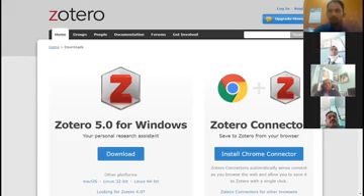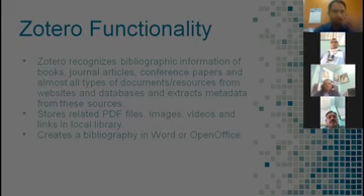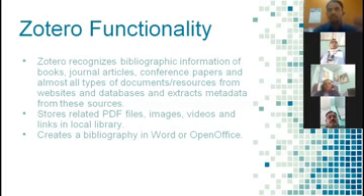There are many tools like Zotero, Mendeley and others. There are certain tools which are available free of cost. You can use any one of these. But for this session, I am going to demonstrate how Zotero can be used for managing your references and creating citations. Now, what functions and features are available? Zotero recognizes all the bibliographic information, for that I think I would use metadata.